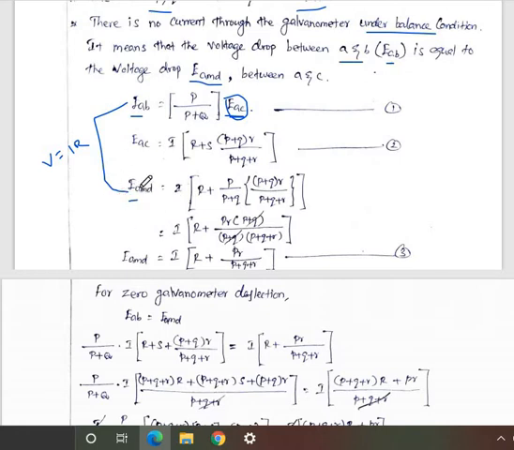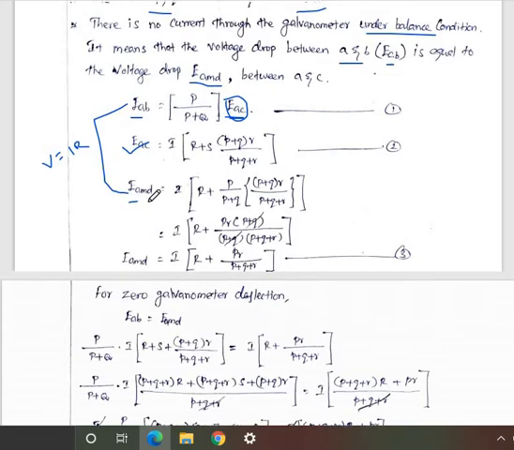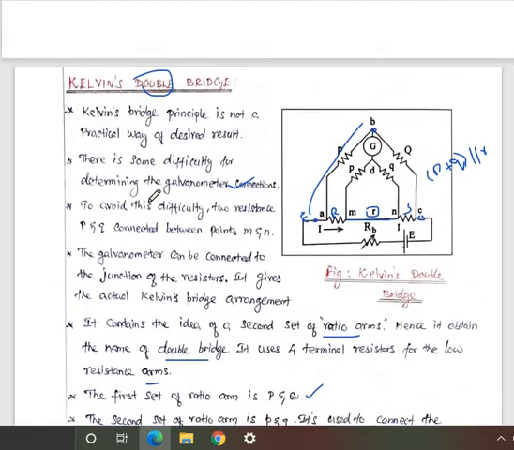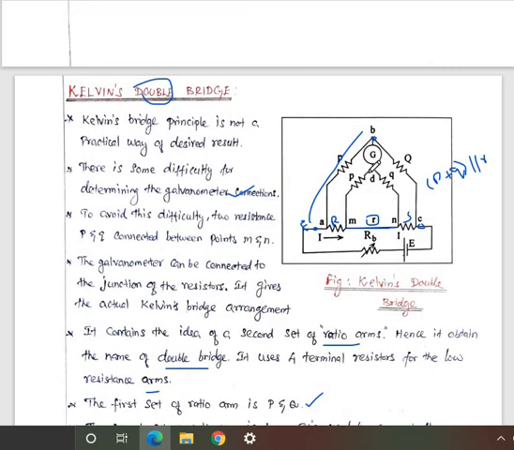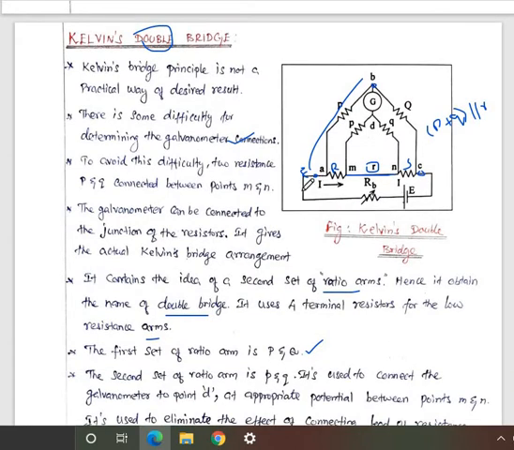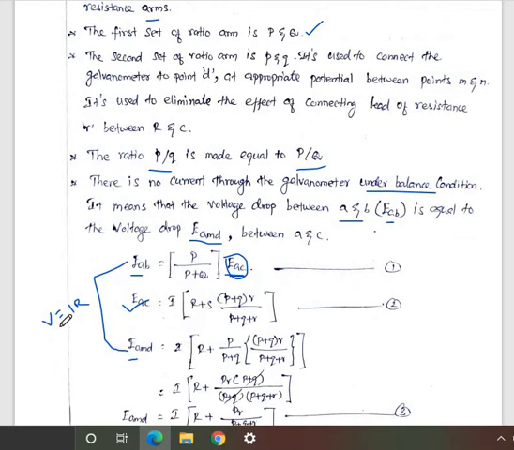Now you can find out the value of EAMD, having found the value of EAC. Taking equation number 2, you can find out EAMD. So you can calculate that value. Here the current will be flowing through the same circuit, so the current I will be flowing through that. You can take I into the same formula, I into R. So here R is nothing but capital R.